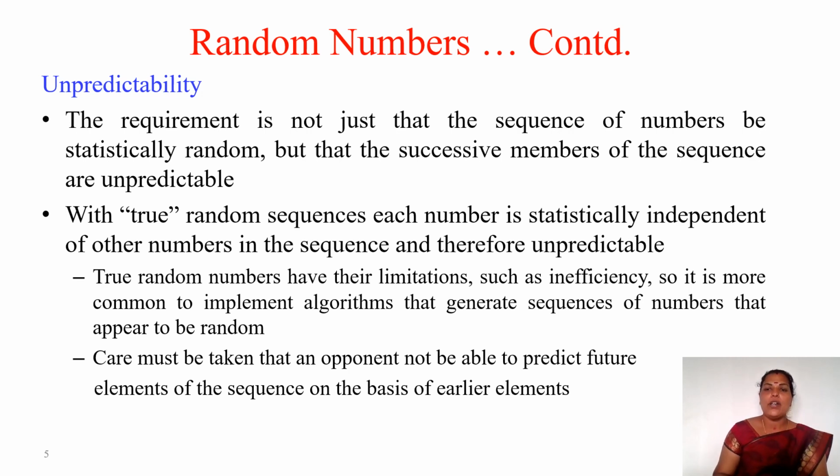I already told you that the generated random number must not follow any patterns, because if it follows any patterns, the opponent or attacker will easily guess the key. If the attacker can guess the key, we say our system is not secure, because it is not providing security. If the attacker can easily guess the key, what is the purpose of the cryptographic technique? The key always plays a vital role in cryptographic algorithms, and we have to ensure that the generated key follows the randomness as well as the unpredictability property.